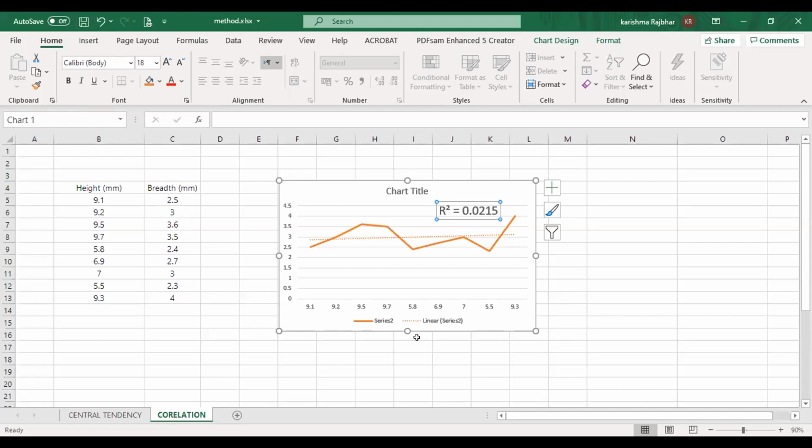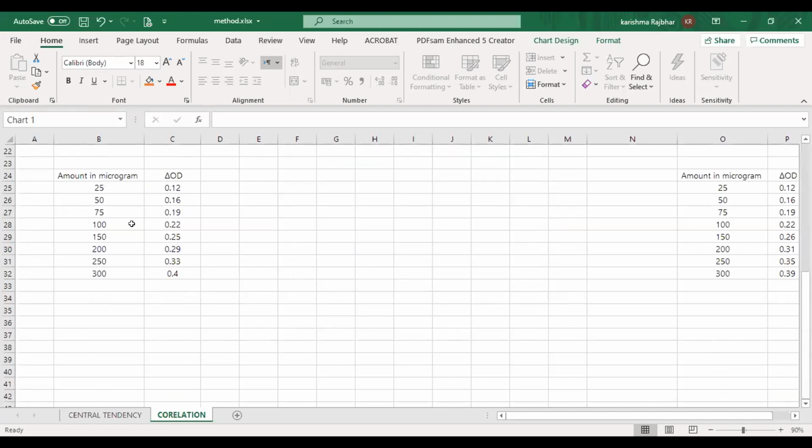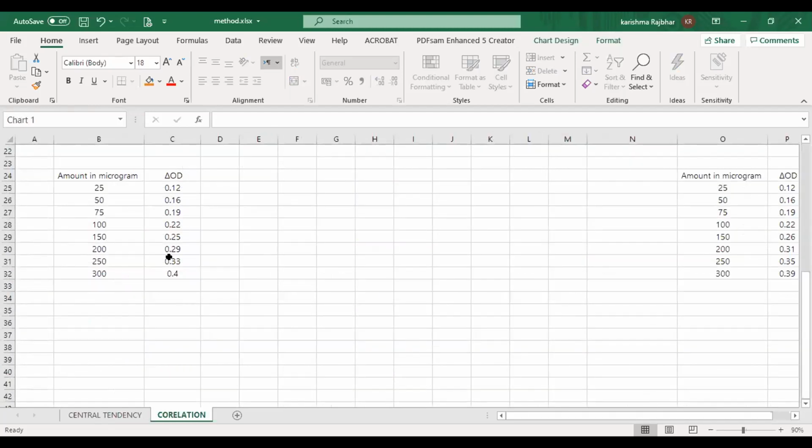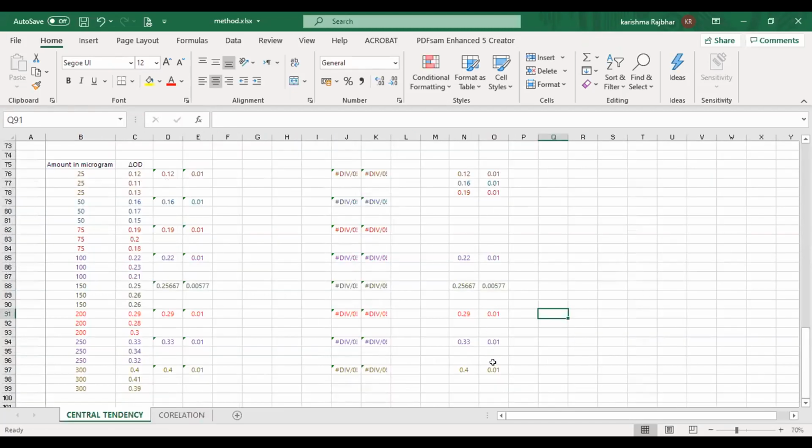Okay. So this was the example. Now, which we have calculated our microgram. This data which we calculated, I have already written here for you. So see, what was our standard deviation? 0.01 for everything, right? See, for everyone it is 0.01.